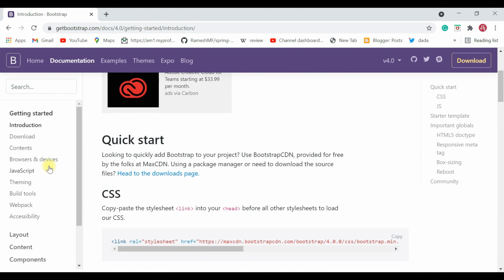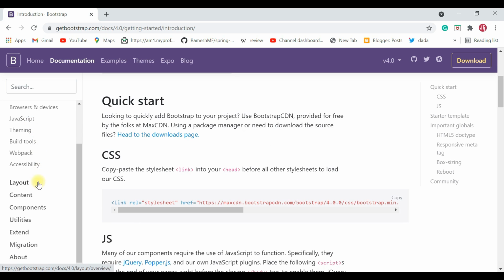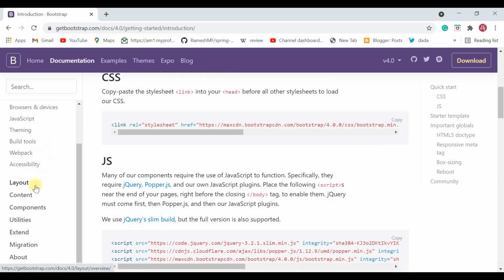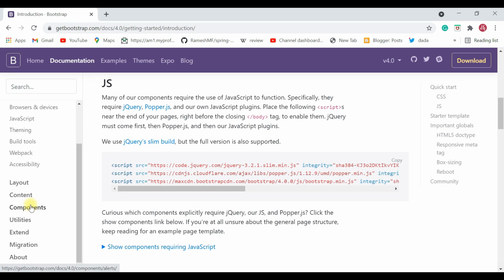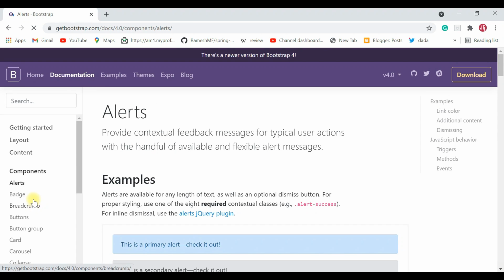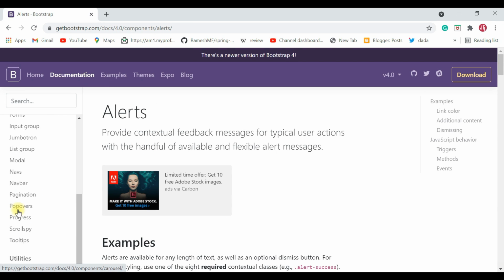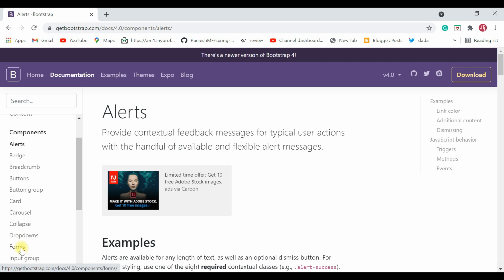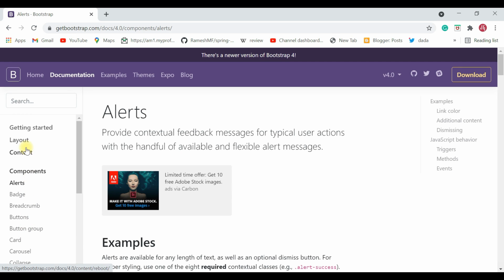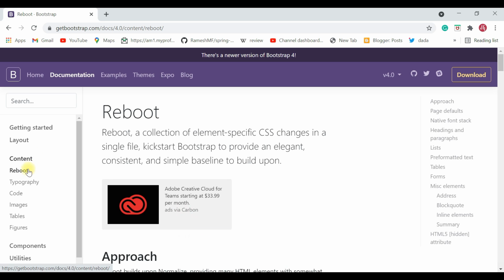If you are new to Bootstrap, then I highly recommend you read about Bootstrap. Okay, go to the components here and go through these important components in Bootstrap, and also the content and layout.